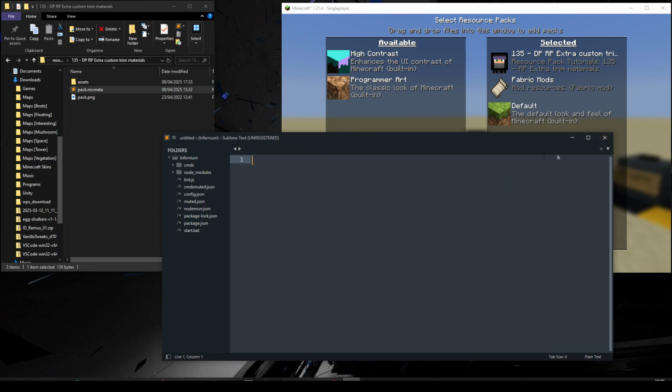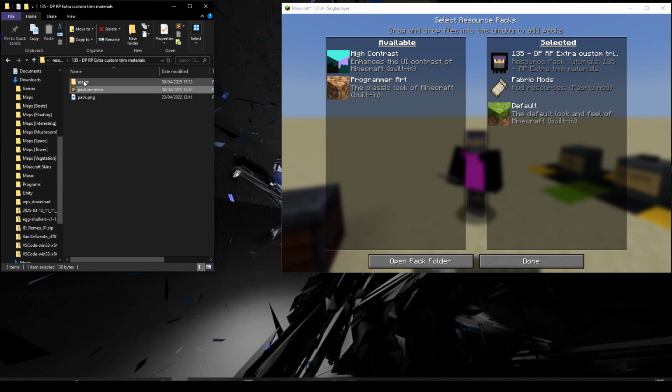Let's close that and shrink that down. Now we have assets. We need that to be called assets. Now we have the Minecraft namespace and extra trim resource. Extra trim resource is my namespace. I can call that whatever I like,